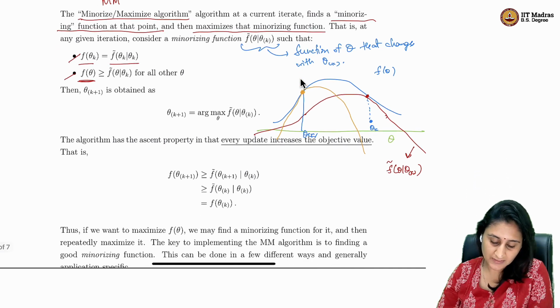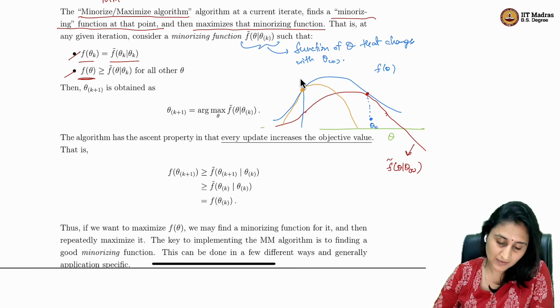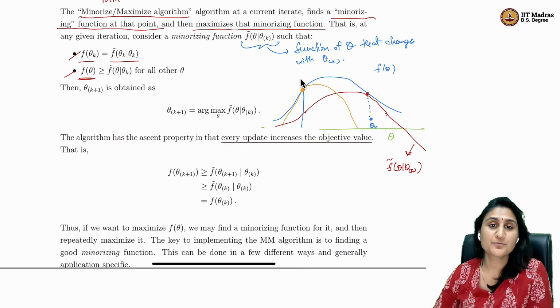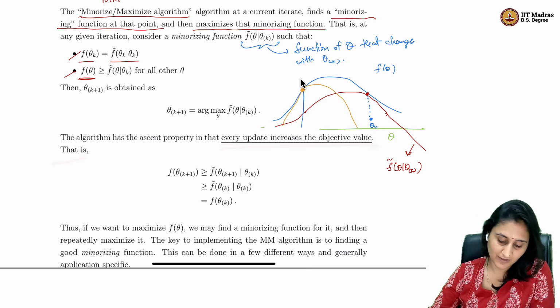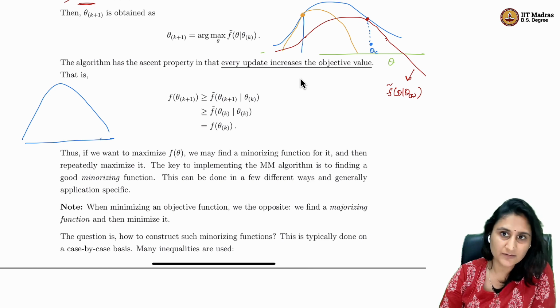Now, what's interesting is that, let me just clean this up a little bit. What's interesting is that this algorithm actually has the ascent property. And what I mean by that is that every update increases the objective function value. So let's take a look again. So let's say I have my objective function over here. Okay. What this is saying is if I look at different thetas,